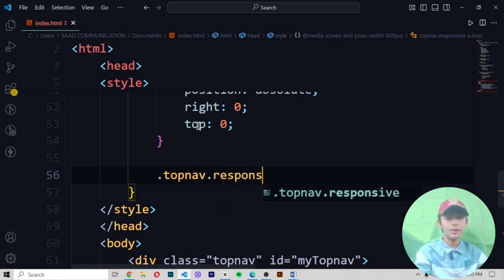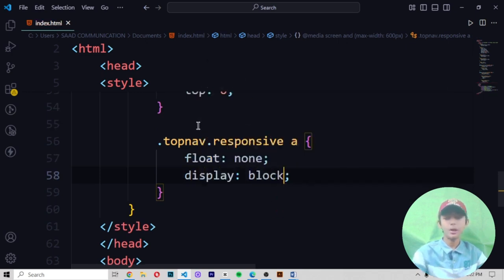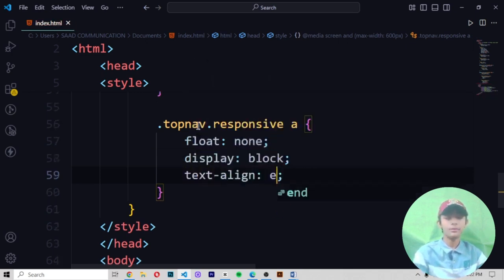Dot top nav responsive a, float should be none and display should be block and text should be in left.